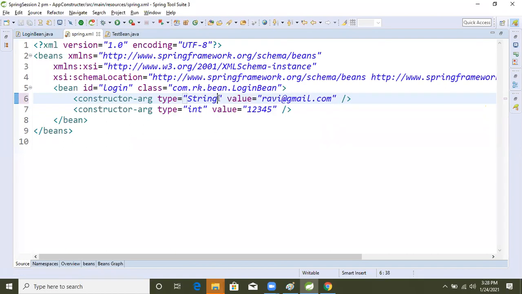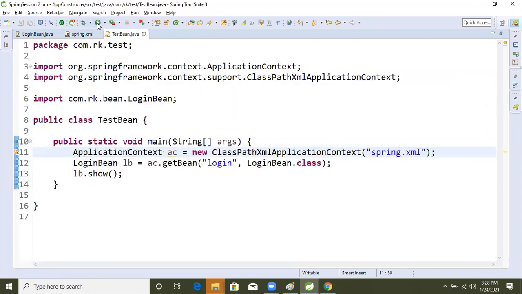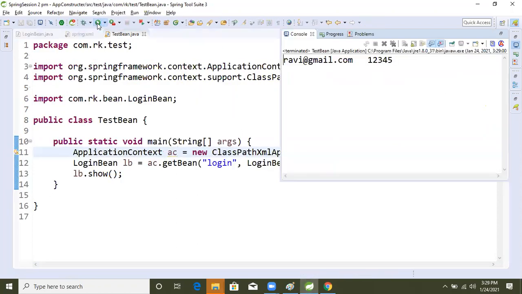Why are we getting that? Now this is int only, right? Yeah, see, actually I did not save that file because of that.